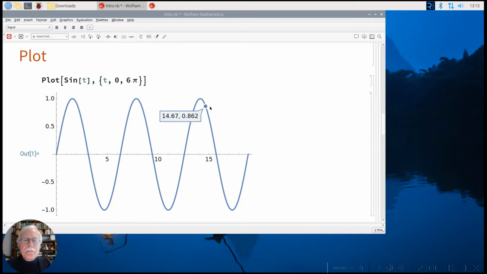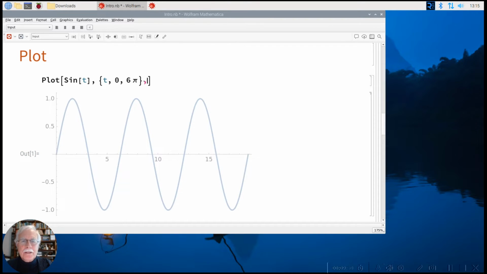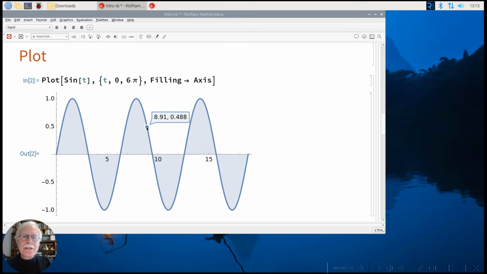Okay, let's make this a little bit more beautiful. So after this list, we can add some things that we call options. Let's say we wanted to make it filling to the axis. So we just type Filling and then minus larger than. So if I type it with a space, it's minus space larger than. But of course, if you remove the space, then you get this. And now Axis. This option is now taken, and now you see I really nicely get